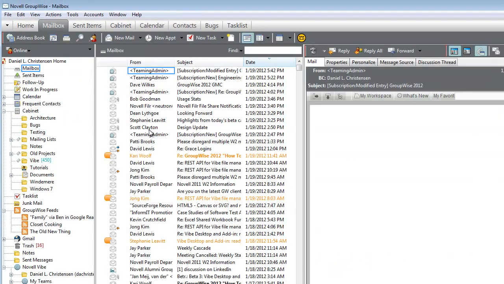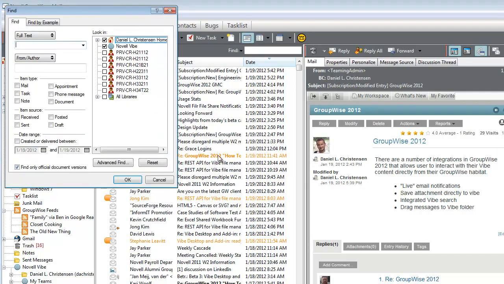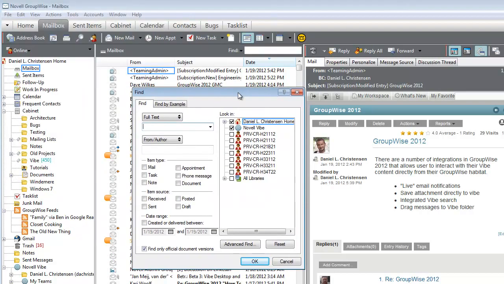The next thing I want to show you is the search functionality that we've added into GroupWise that allows you to search, obviously not just your GroupWise mailbox, but your content in Vibe as well. So if I bring up the GroupWise Find dialog here, you'll see that there's a little checkbox next to Novell Vibe that I can check to include content from the Novell Vibe server. And as I go to search for information here,